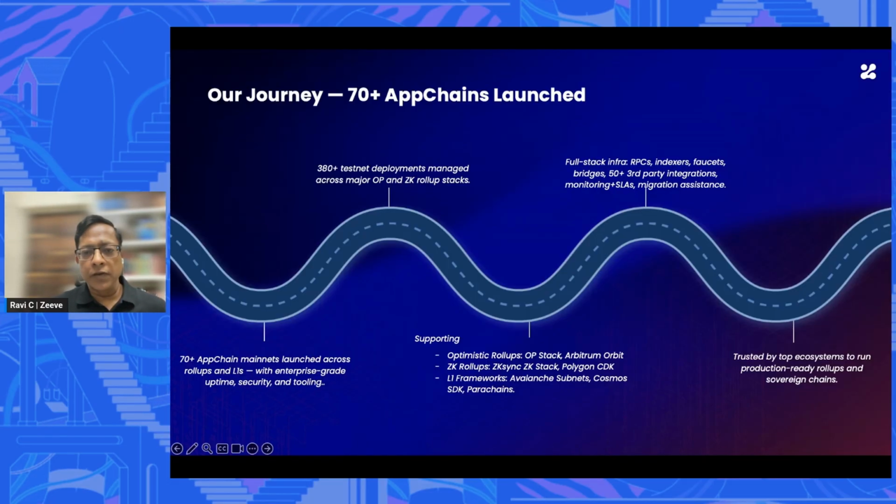It used to take hundreds of thousands of dollars to build such a platform, and at the same time, there was a massive cost of infrastructure managing it, and there were massive overheads. And once these stacks came in, we started investing into these stacks and created a whole set of infrastructure tools to ensure that launching an app chain is as easy as launching a smart contract.